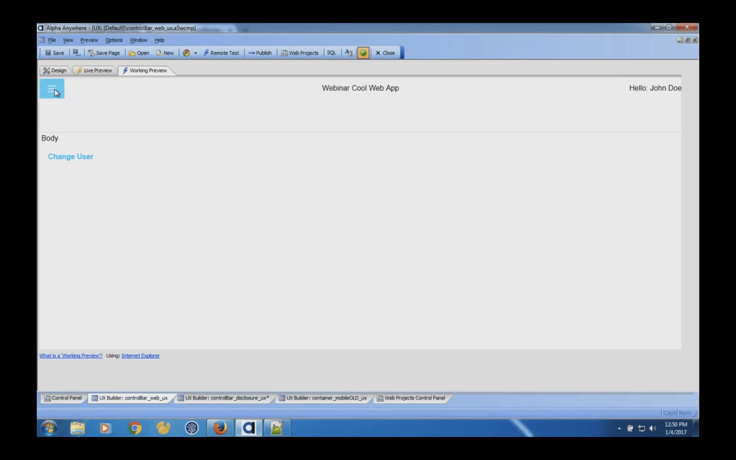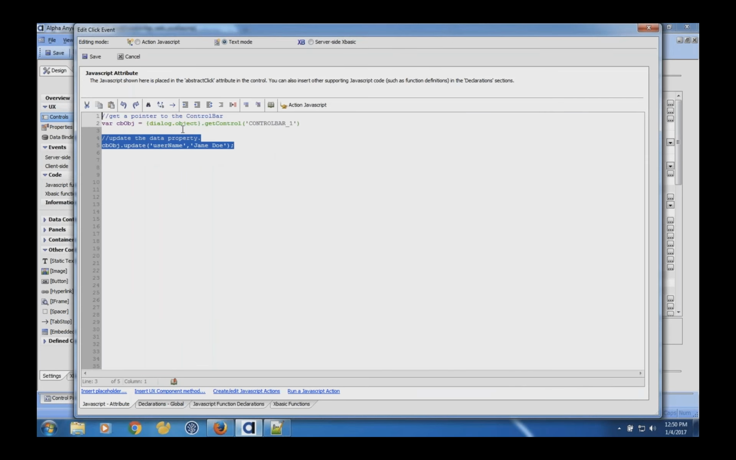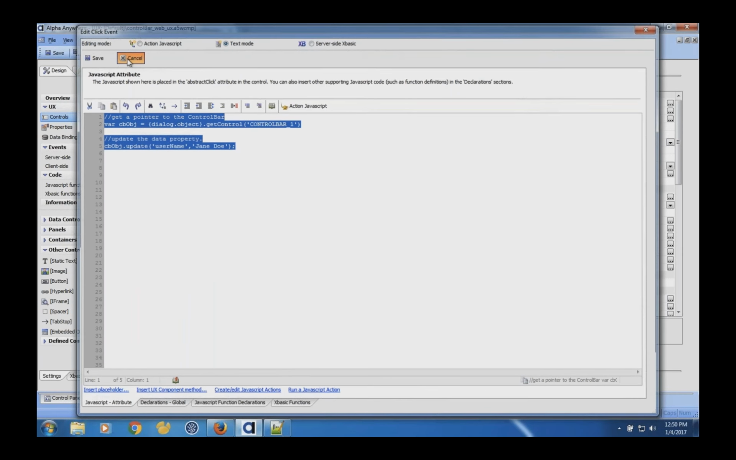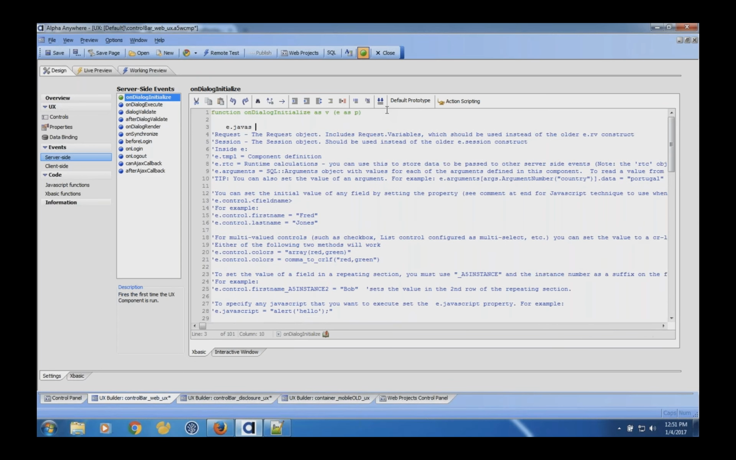So you'll notice that I've got my menu. I've got my little title in there. Here's my button right here. You'll notice when I clicked my button, it changed the username here. So we could even do something a little more interesting too. On this change user, I'm going to go ahead and copy this JavaScript out. I'm going to go to my server event, and I'm going to go e.javascript is equal to